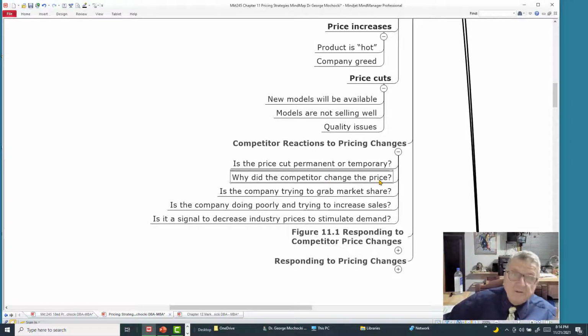I have to think, what's going on here? Do they know something I don't know? Is the company trying to grab the market? Is the company doing poorly and trying to increase sales? Is it a signal of a decrease in the industry? Okay, and then